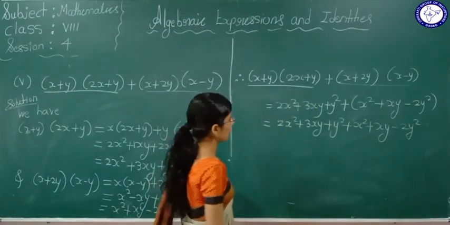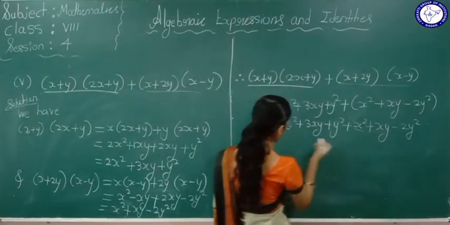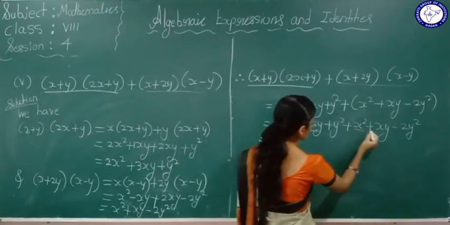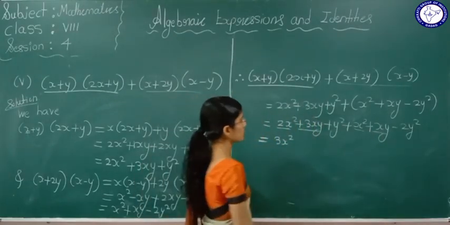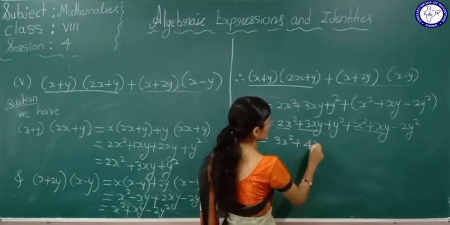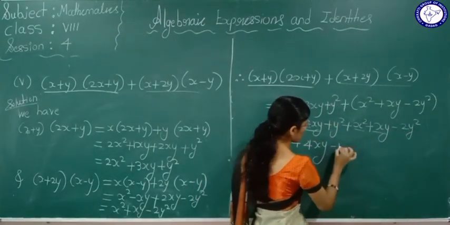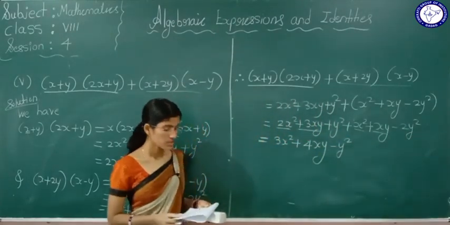Okay, now we will solve this. Like terms can be added. 2x square plus x square is what, students? It will be 3x square, plus 3xy plus 1xy, it is nothing but plus 4xy, plus y square minus 2y square, it is nothing but minus y square. So this is about the